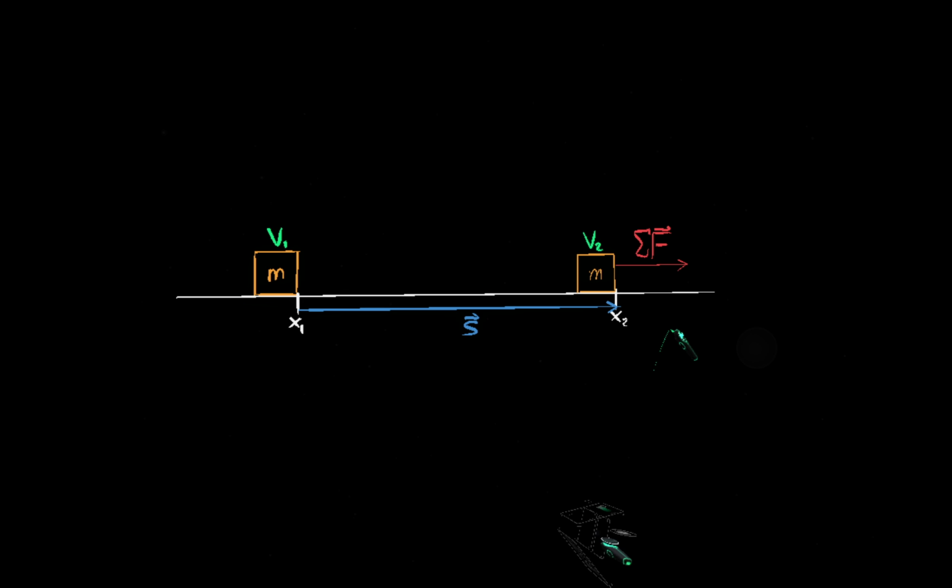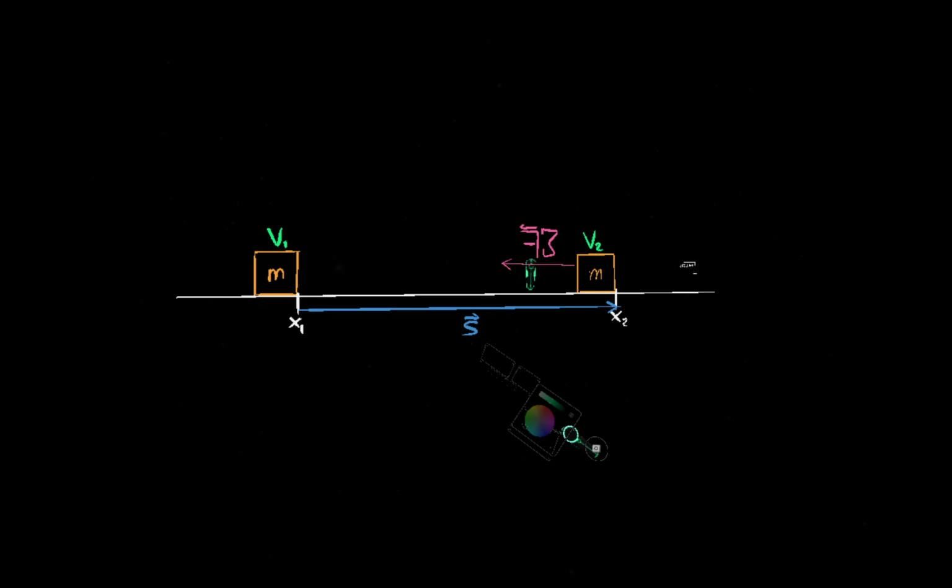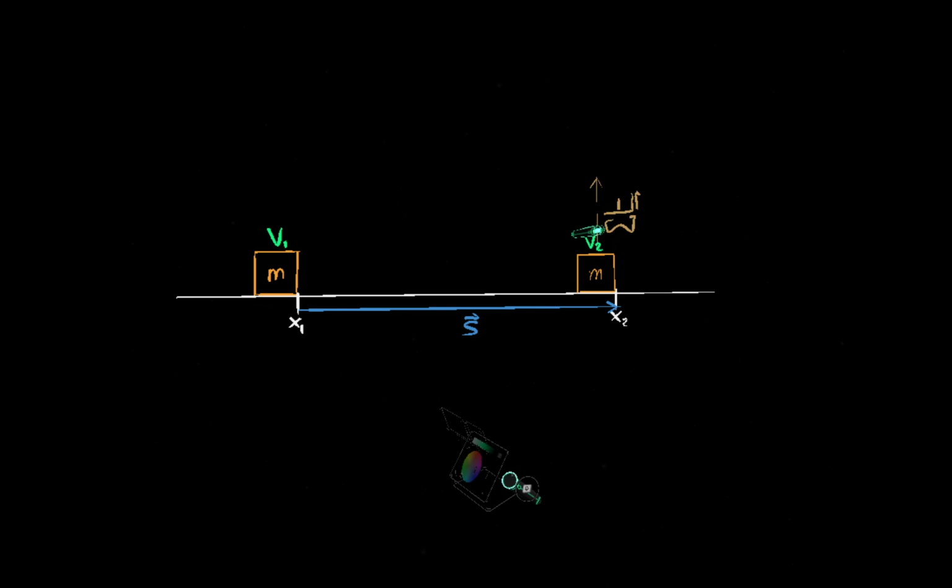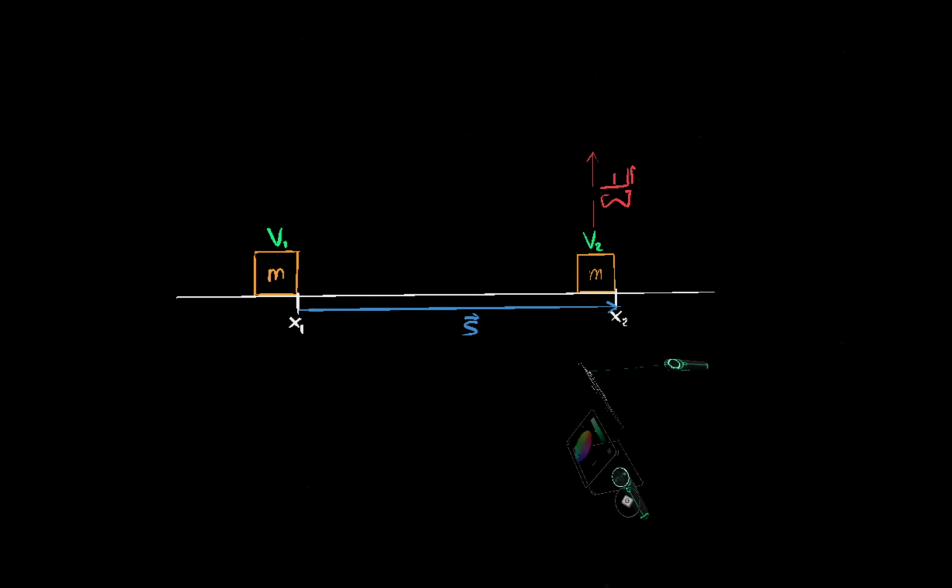If the net force was in the other direction, then the net force would be slowing it down, and so you'd be getting v2 less than v1, right? And if the net force were in some completely orthogonal direction to the direction of motion, then v1 would equal v2. This is what we looked at last time, but I'm just exaggerating